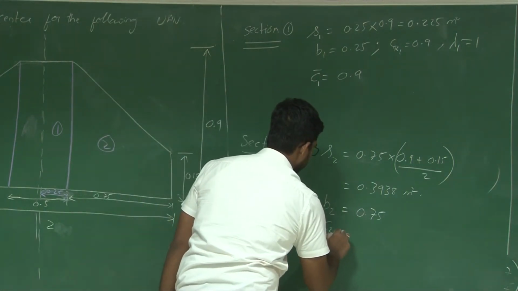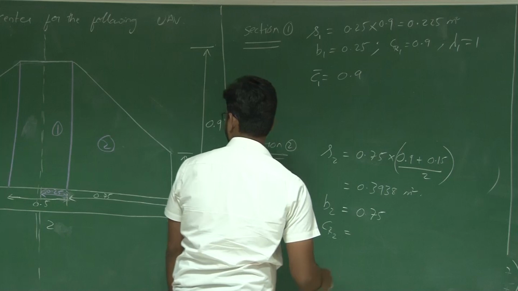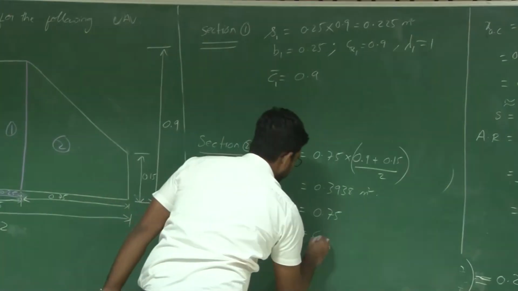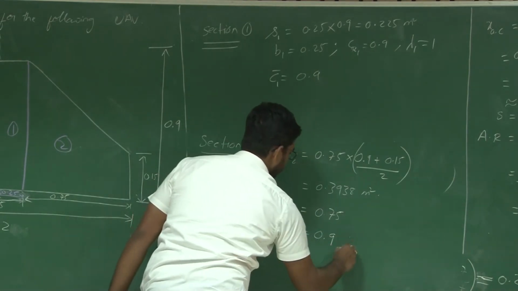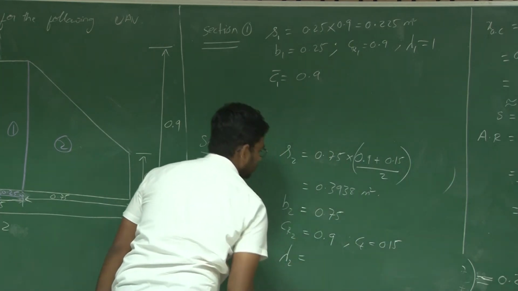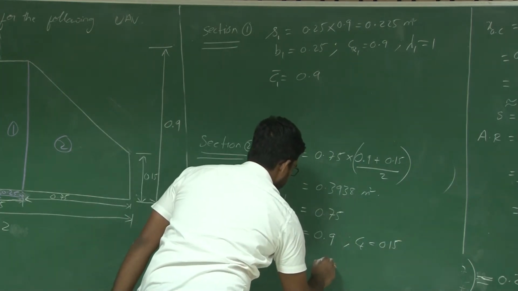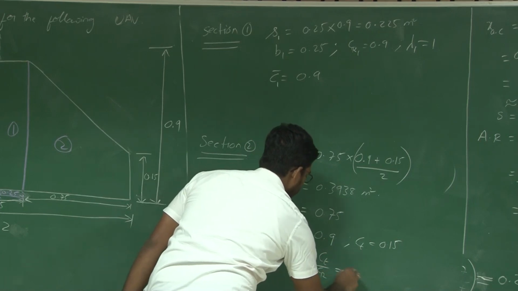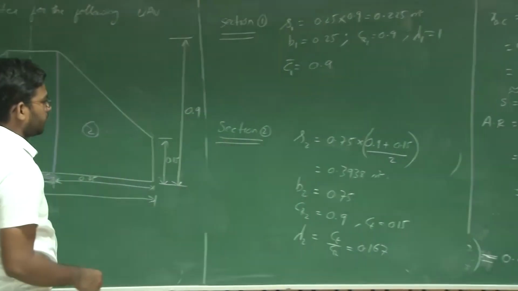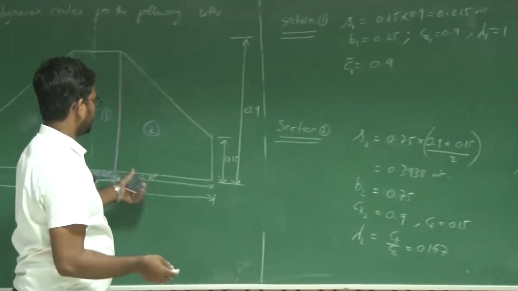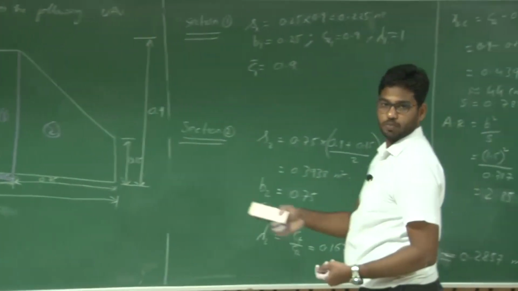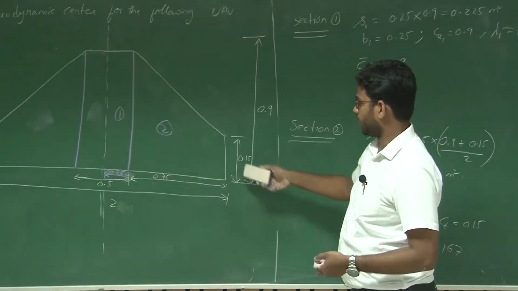And what is CR2? CR2 is equal to 0.9 meters here, which is CT1, right? 0.9 meters. And CT is 0.15. So lambda 2 is equal to CT by CR, which is 0.167. So it's the same as the previous example, right? The semi-span of the previous example is also 0.5, 0.75, and we have root chord 0.9 and tip chord as 0.15.